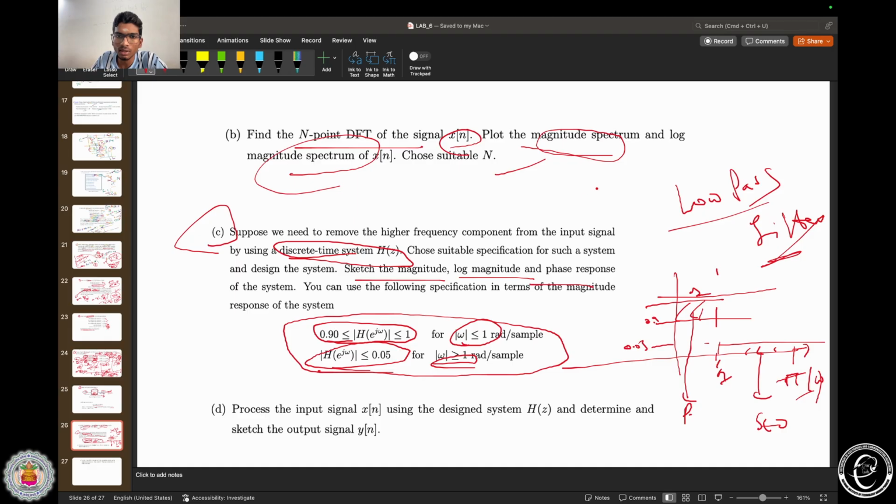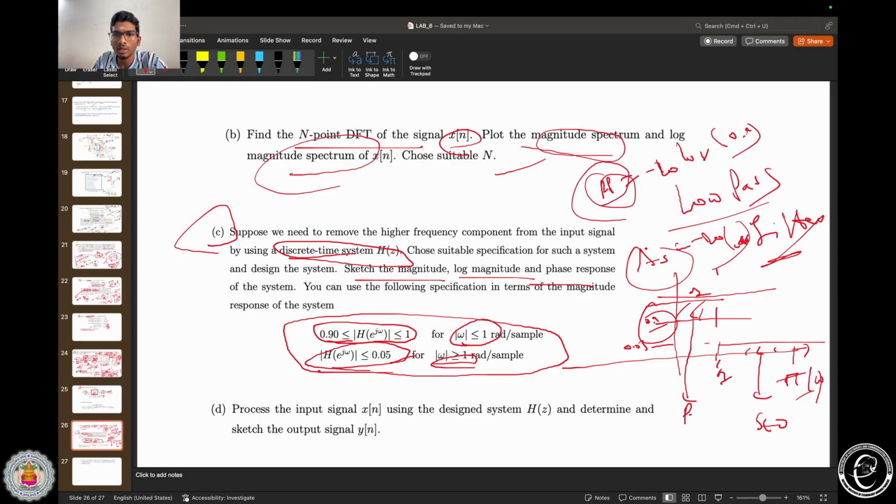To get the RP value from the graph, here it is linear, so we need to convert to decibels: minus 20 log of 0.9, and then the AS value, AS equal to minus 20 log of 0.05. Now we have got the RP value and AS value. Here the stop band and pass band edges are given exactly as 1. Let us see how to take this omega p and omega s in detail when we discuss the